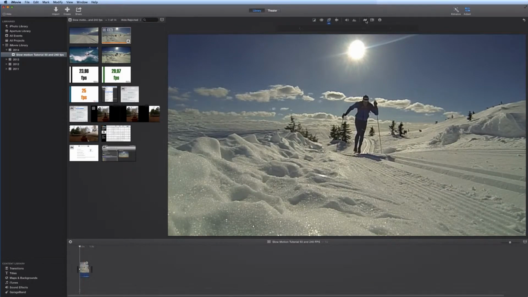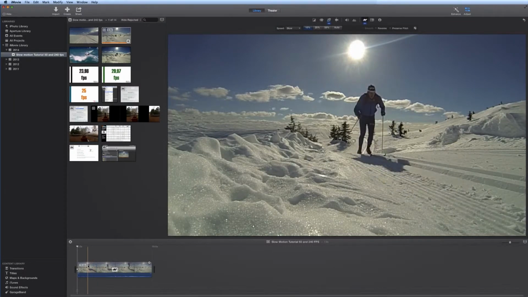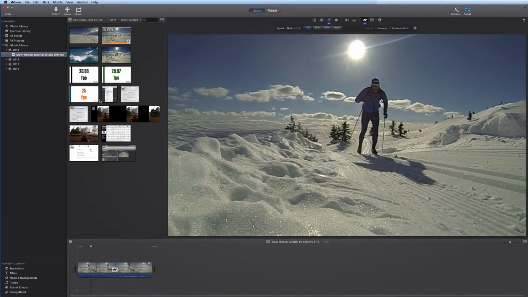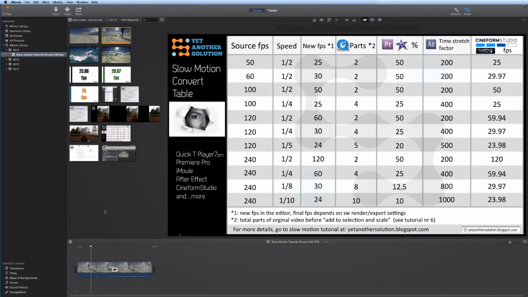speed. Okay, we can go in under here, we can go in under custom, and we wanted it 10 times slower, so then we put in 10% and press enter on the keyboard, and now we have this skier 10 times slower. But already when you do this, there are some frames that are kind of away. So if we export this, I can show you again in QuickTime Player that not all the